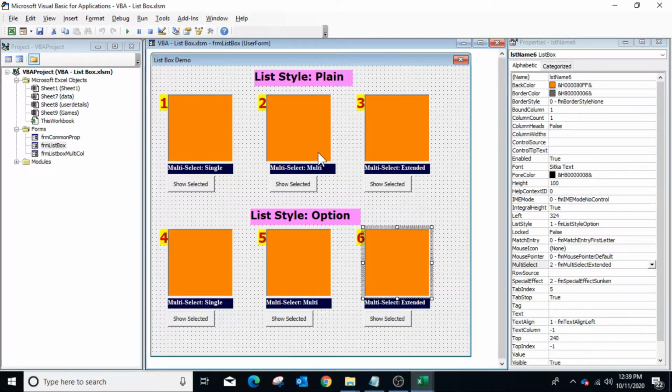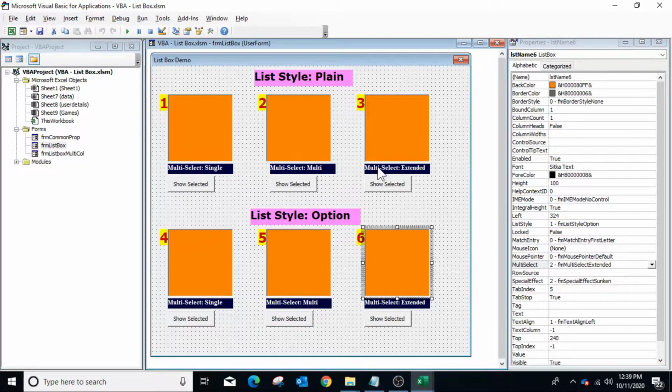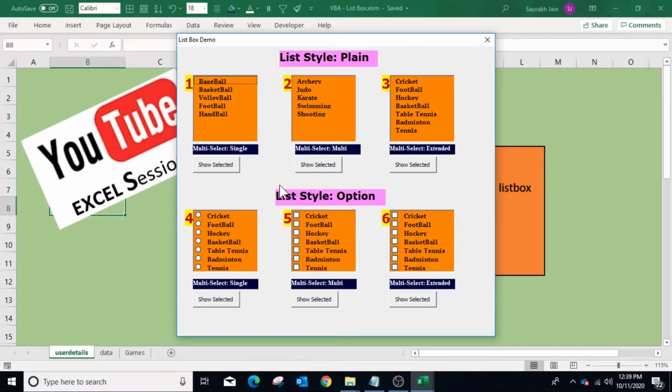In both multi and extended options, the list box will show a checkbox with each item if list style option is selected in the list style property. So in list box number 5 and 6, a checkbox will be available with each item in the list box.